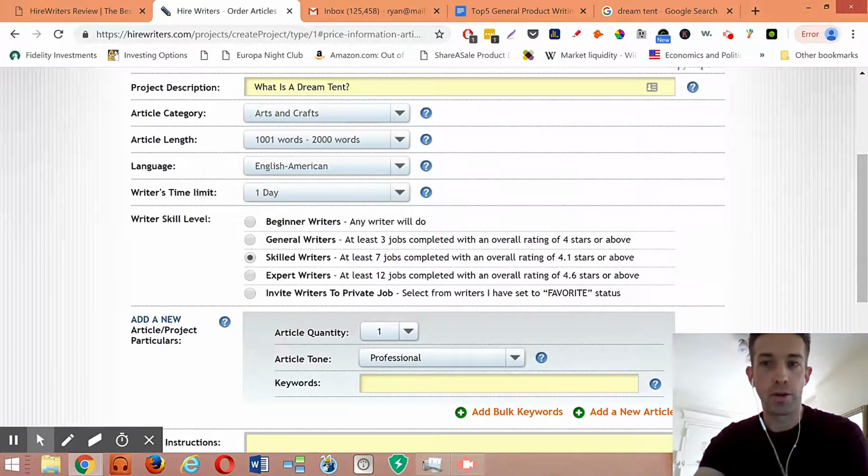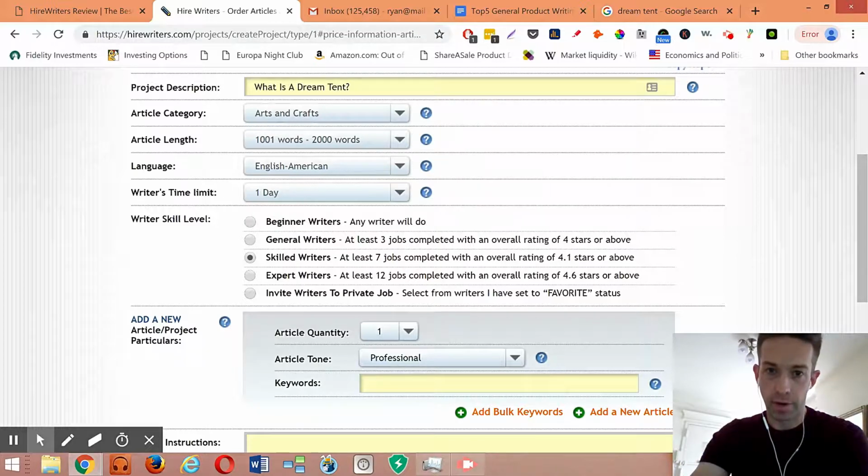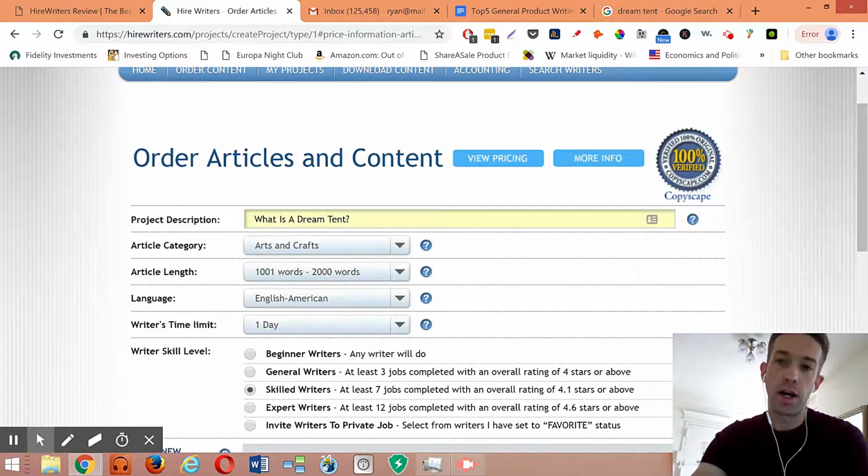I don't want to call out iWriter particularly, but sometimes that's what happens with iWriter. It's just such a content farm. They're pushing out so much content. There really isn't a great deal of care and effort oftentimes going in, especially if you're not ordering at the